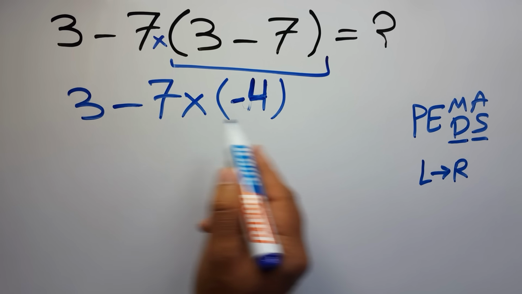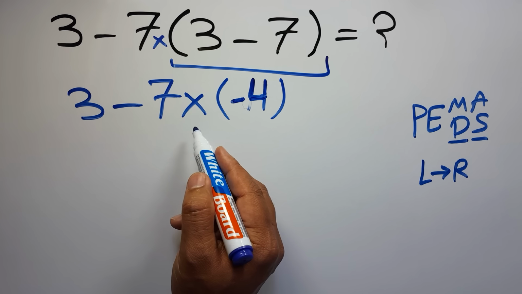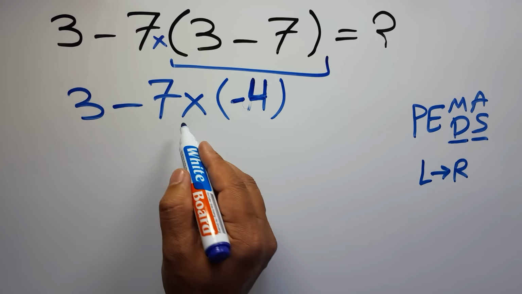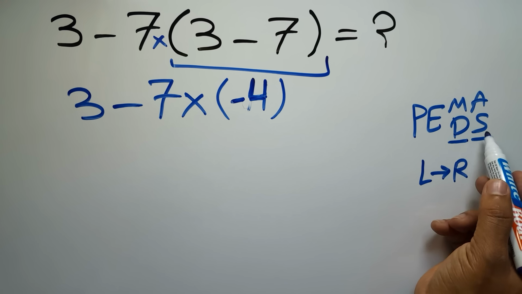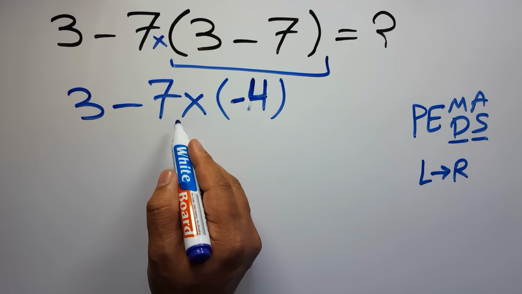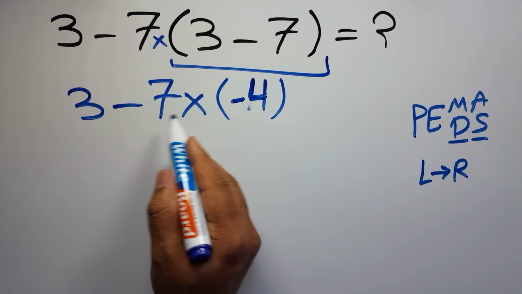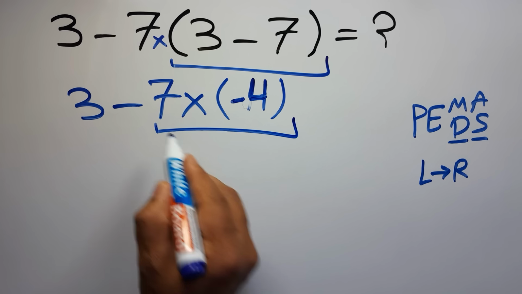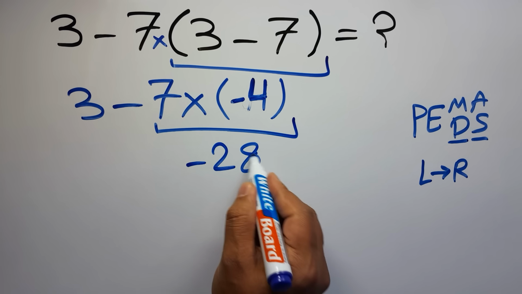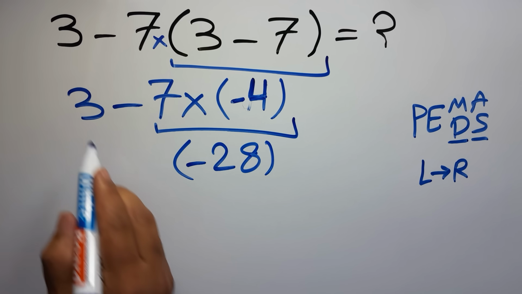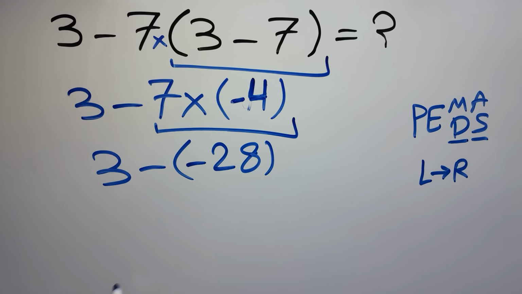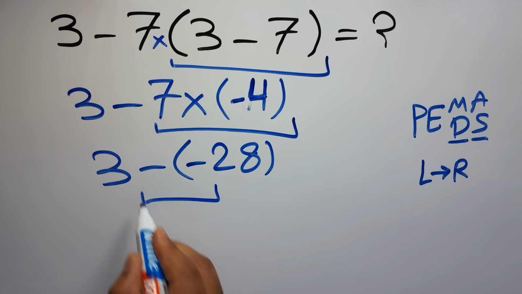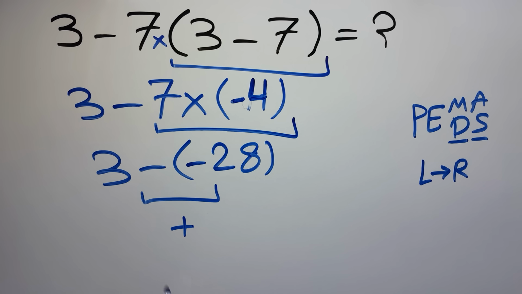Now, in this expression, we have one subtraction and one multiplication. According to PEMDAS, multiplication has higher priority than subtraction, because multiplication comes before subtraction. So here, first we have to do this multiplication. 7 times negative 4 gives us negative 28. So we have 3 minus negative 28. Now, negative times negative gives us positive. So we have 3 plus 28,